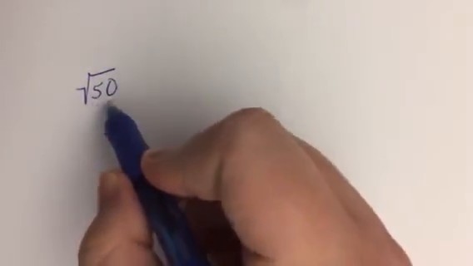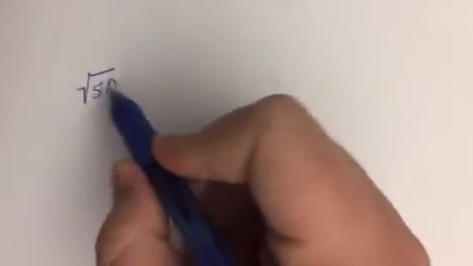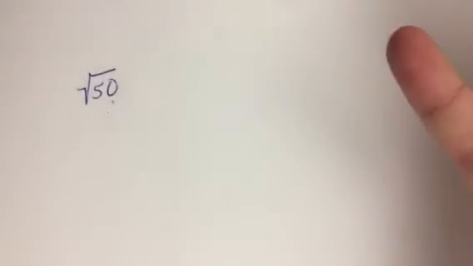So what we have to do to simplify this radical, the square root of 50, is to think about what times what gives us 50. Now, there are several different combinations of factors that give us 50. What we want to look for, to make our lives easy, is to see if there are any perfect squares in those factors, okay? So let's list out some factors. We, of course, have 1 and 50. Now, that one's really not going to do us any good,